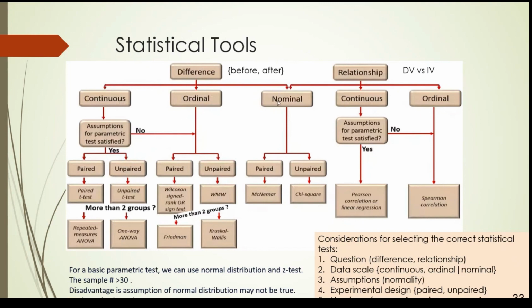Nominal data means it is qualitative, but there is no arrangement. Like, for example, male, female. Which one first? Can you say male, female? Can we put female, then male? There's no concern, right? Either way also we can. So it's called nominal. But ordinal is different. Ordinal, you have a sequence.